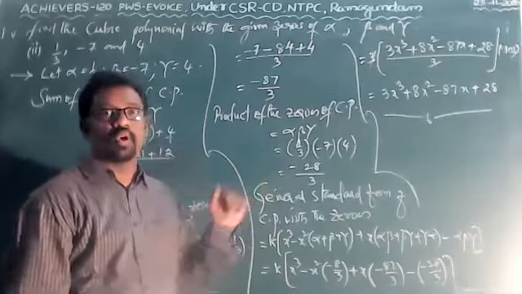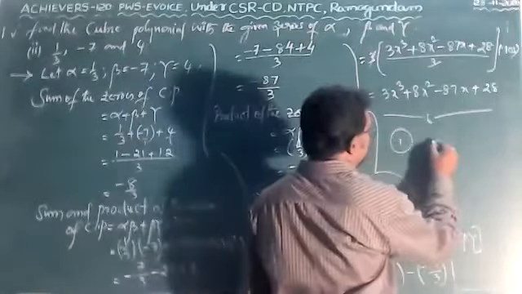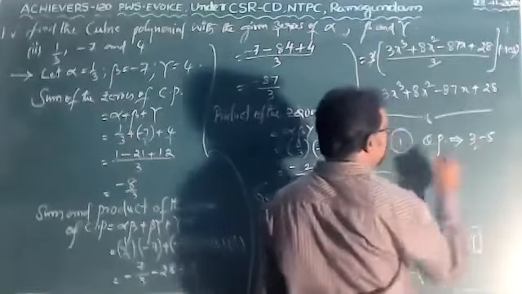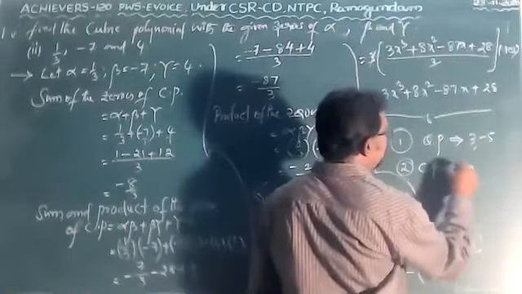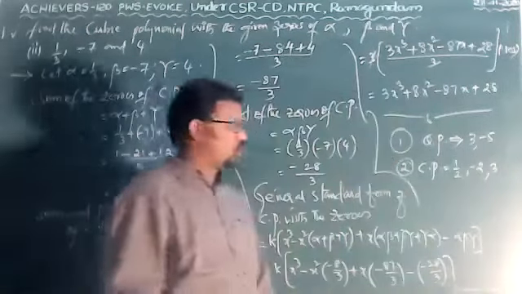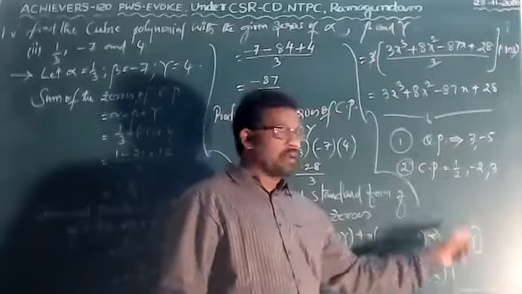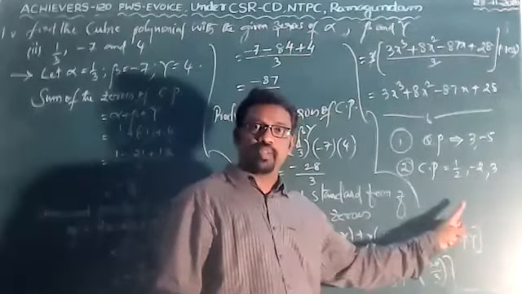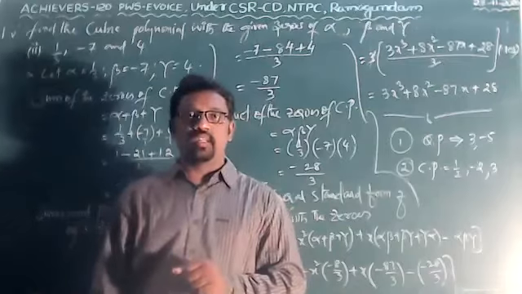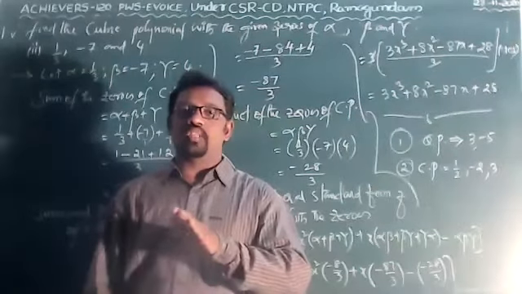Okay, children. Now I will give homework. First one, quadratic polynomial, the zeros are 3 comma minus 5. And the cubic polynomial zeros are 1 by 2, minus 2, 3. Is it clear? Complete these two questions and upload to my number. You can see once again on YouTube, the link you will get. If you have any doubt